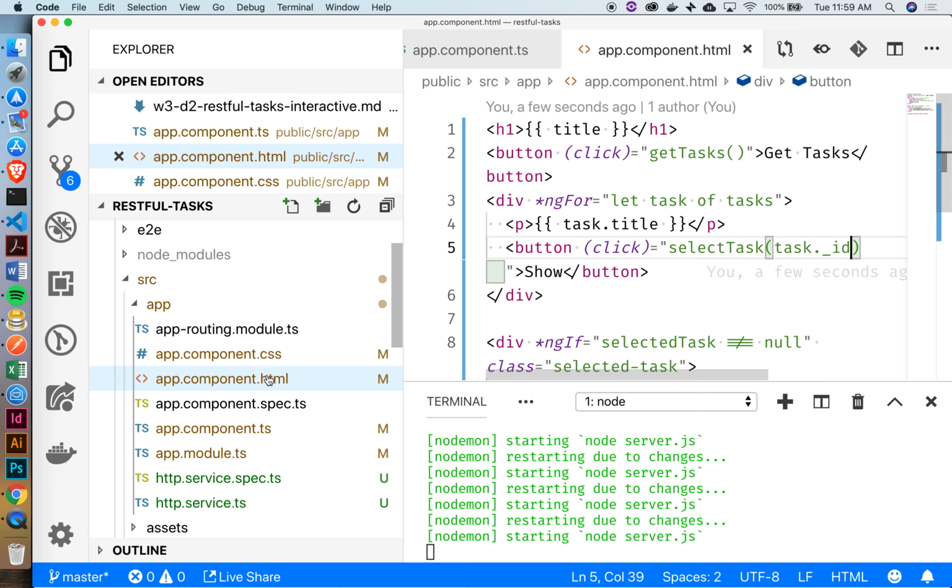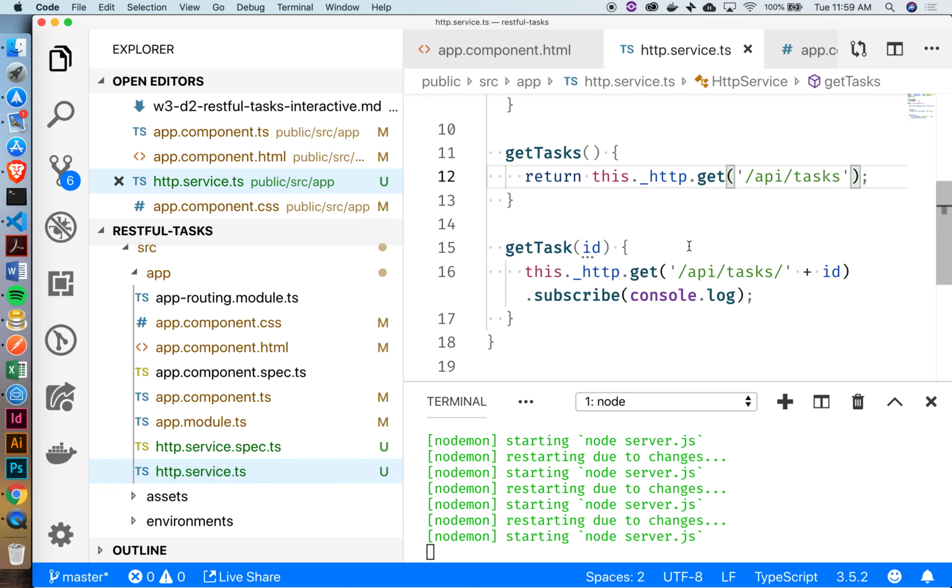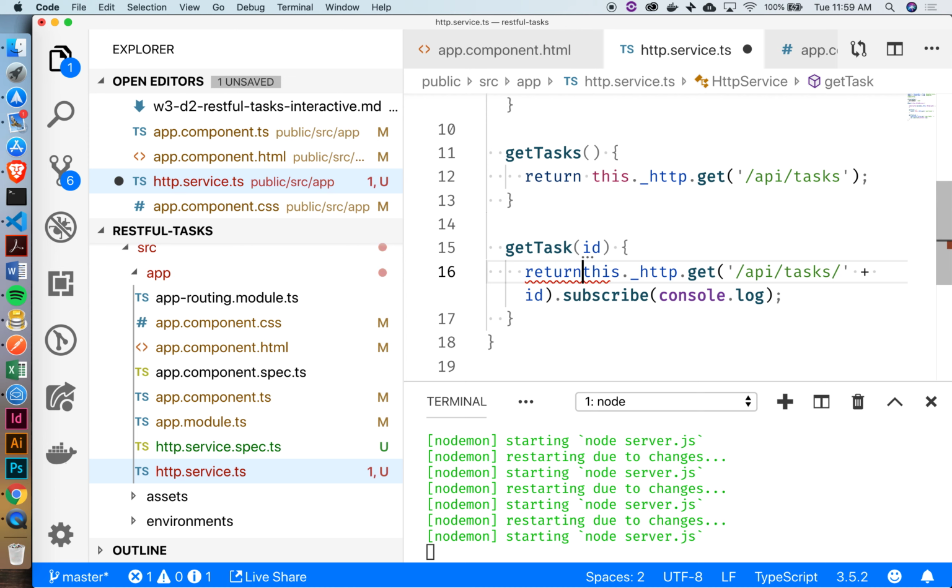Okay. Now inside of my service, I need to have, well, actually I already had this. I think maybe I was doing this after yesterday's lecture with Rigel. But basically our get task method is going to take in an ID, and then again we're going to change the logic of this slightly. Instead of subscribing to it inside the service, we're just going to return the observable that this gives us back. So we're going to return this, get rid of that,